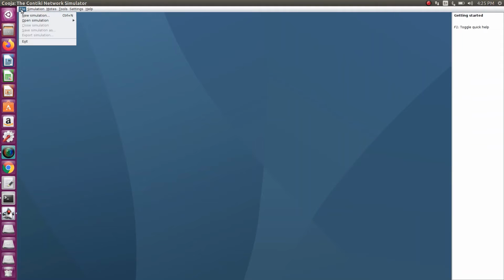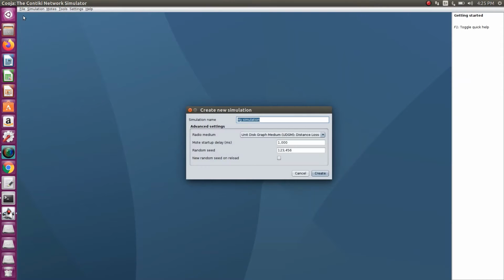Just open File, New simulation, then create new simulation. In the advanced settings we have different options available. One is radio medium, and there are different radio mediums available. One is UDGM distance loss, where the loss occurs depending on your distance. Then UDGM constant loss, so two radio models are available.